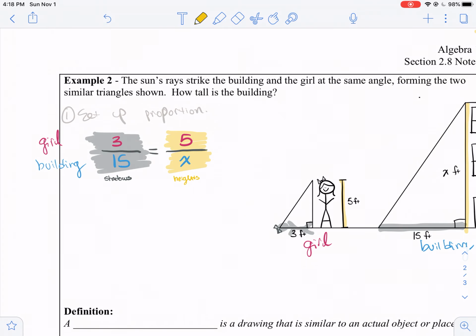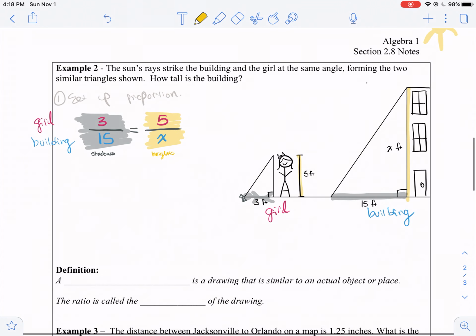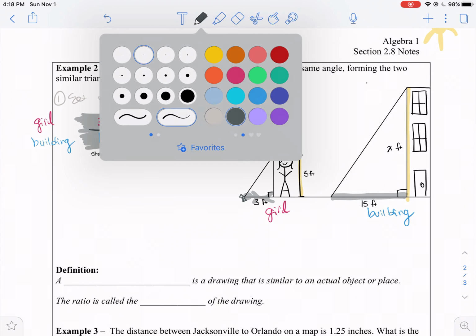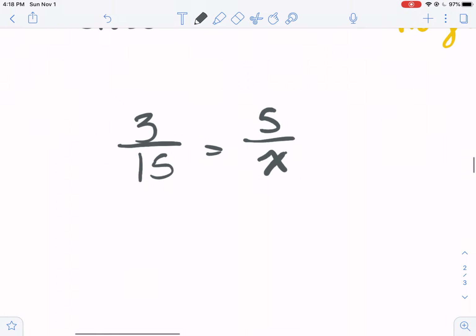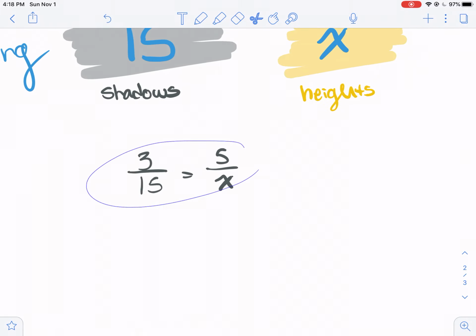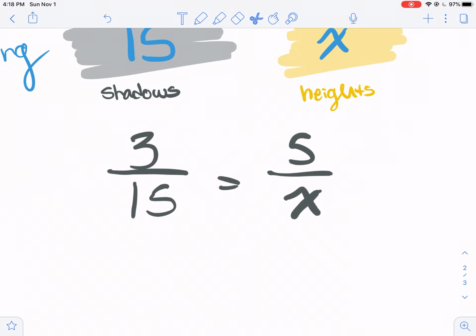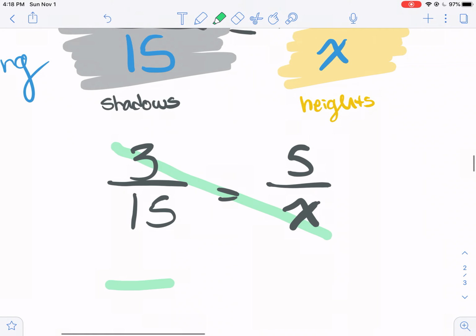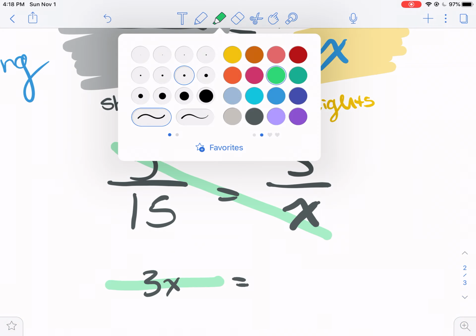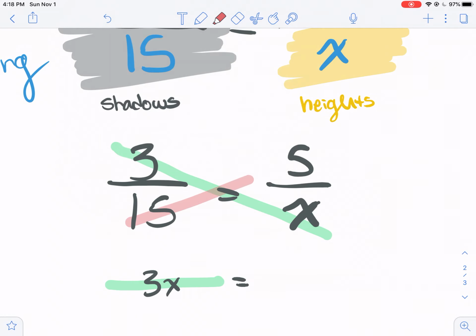Okay. So keeping in mind that all of our measurements are with their buddies, hey guys, we have a proportion. That's so cool. We got 3/15 equals 5 over x. Now to solve this proportion, I'm going to make that bigger so you can see. To solve this proportion, now we need to find cross products. So we'll do 3 times x, which is 3x, equals 15 times 5, which is